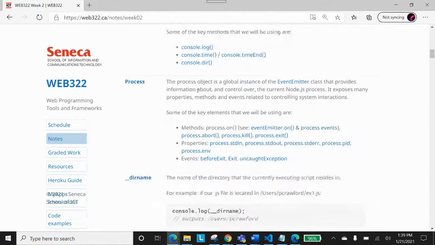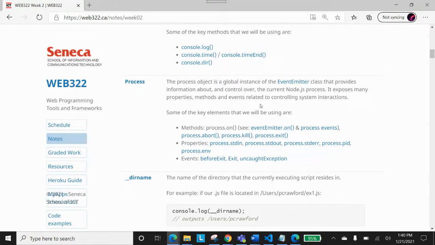this is process. Now you see the process object is a global instance, which really deals with the different events that have been happening. It provides information about and control over the current Node.js process. So it will provide us the facility to control all the processes. We can take control of taking input from the user, providing output to the user, reading out the lines and things like that. So we'll be doing some programs that will show us how the process will work.